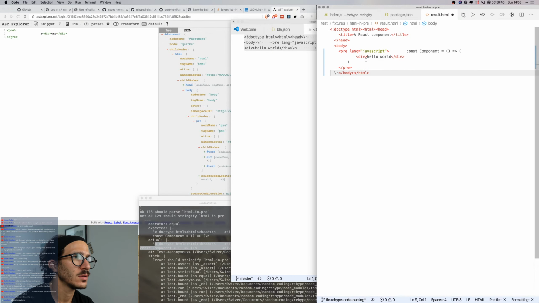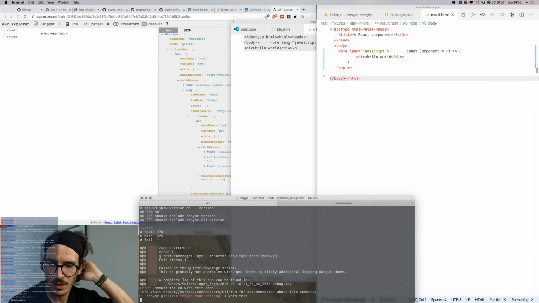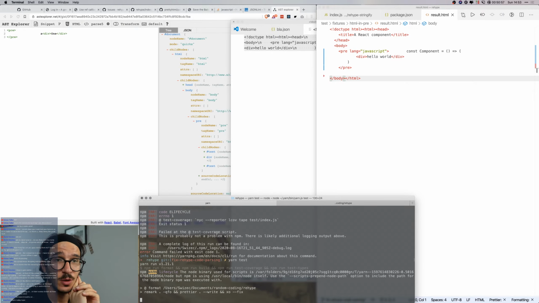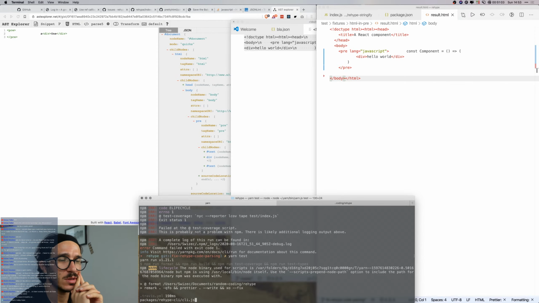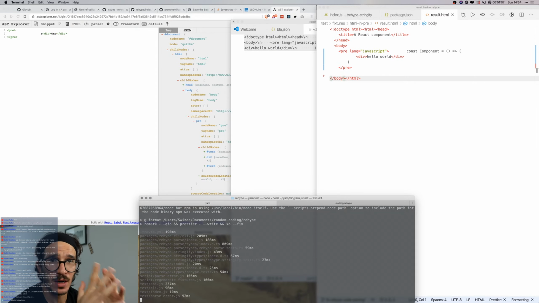New line, delete that. New line. So let's see if that passes. I'm going to try that again, and if that passes, that means the bug is not in rehype the way I thought it was. Which then means I still don't know where my original bug is, and why is my parsing machinery dropping this stuff?